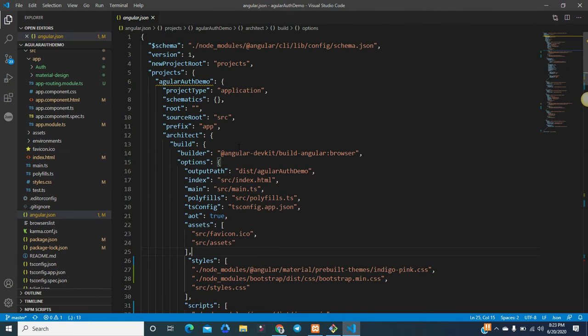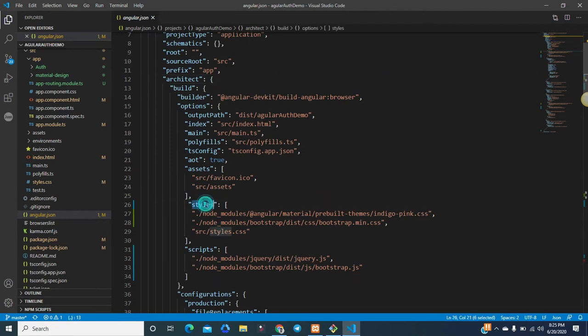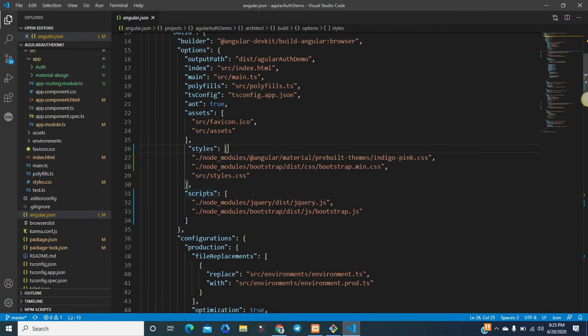You can see this is the Angular workspace configuration, where you can manage all the configuration. For example, whatever style you provide in this styles array will be available globally for the Angular application. Similarly, if you want to include some script that should be in the whole application, you can add any script through this array.